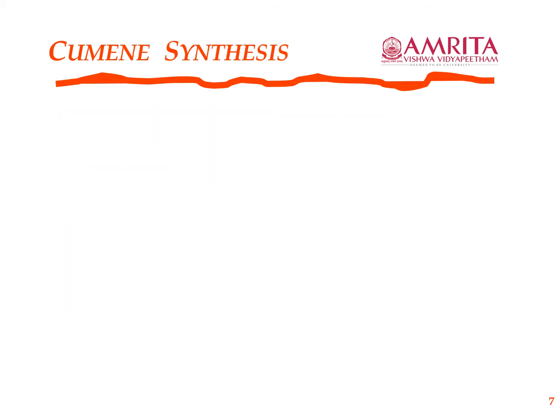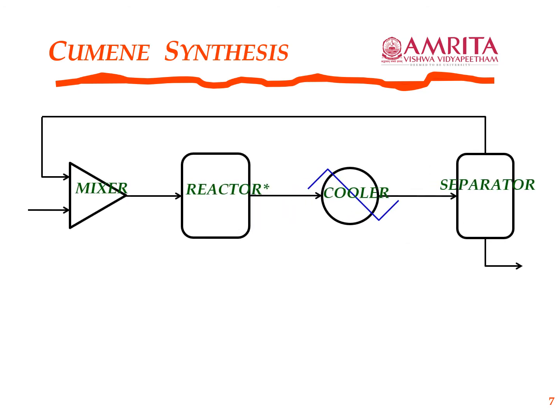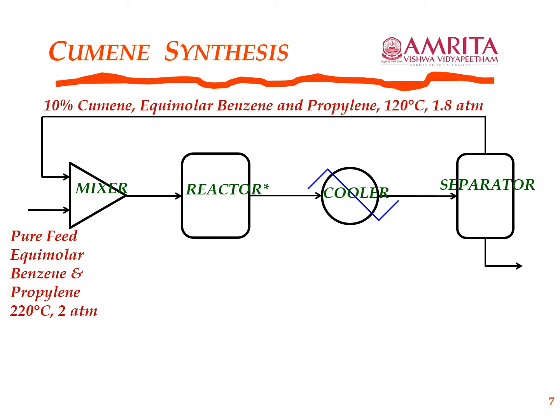Now let's go further and look at the rest of the units in this cumene synthesis problem, right? So you have a mixer, and in this case I just showed a simple Y junction, and then you have a reactor. In your mixer your pure feed is benzene and propylene, and then the recycled stream has 10% cumene, and then now you have a reactor where this